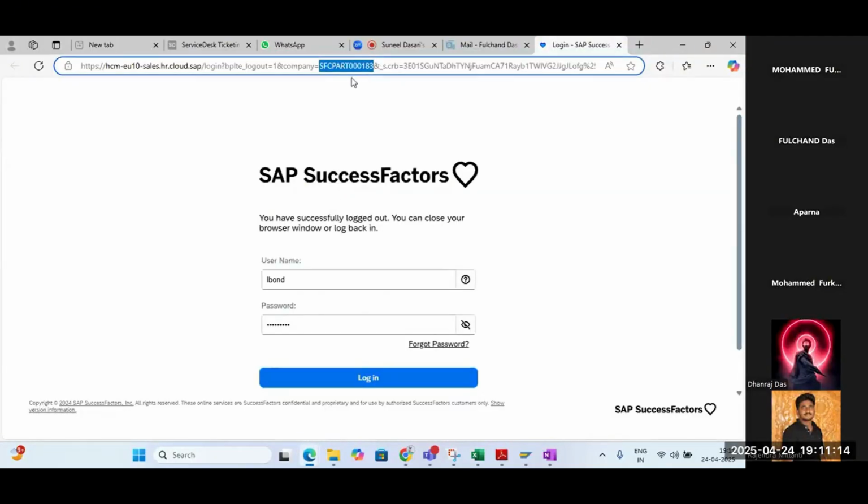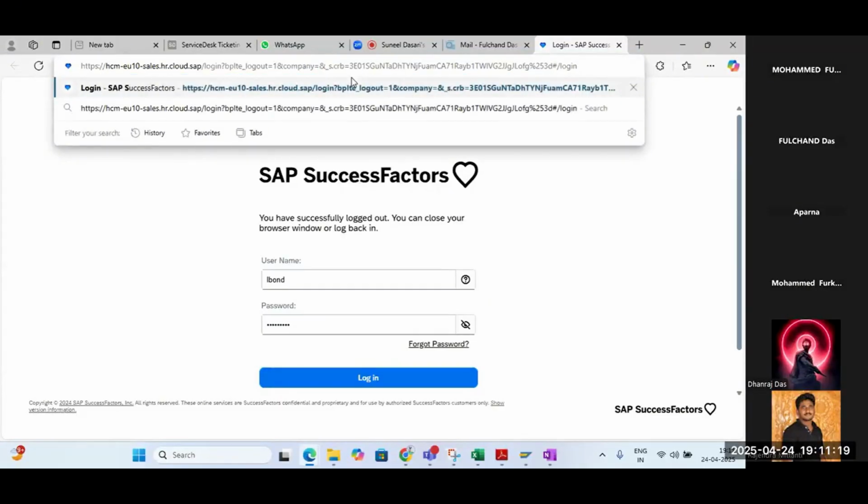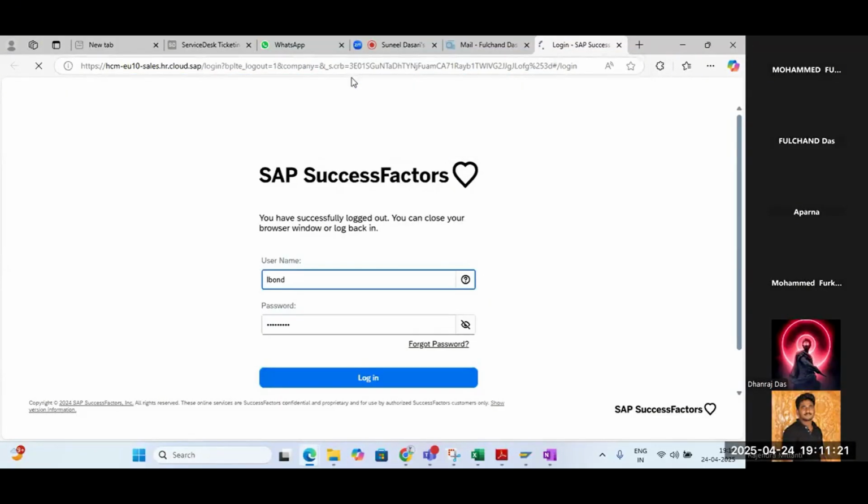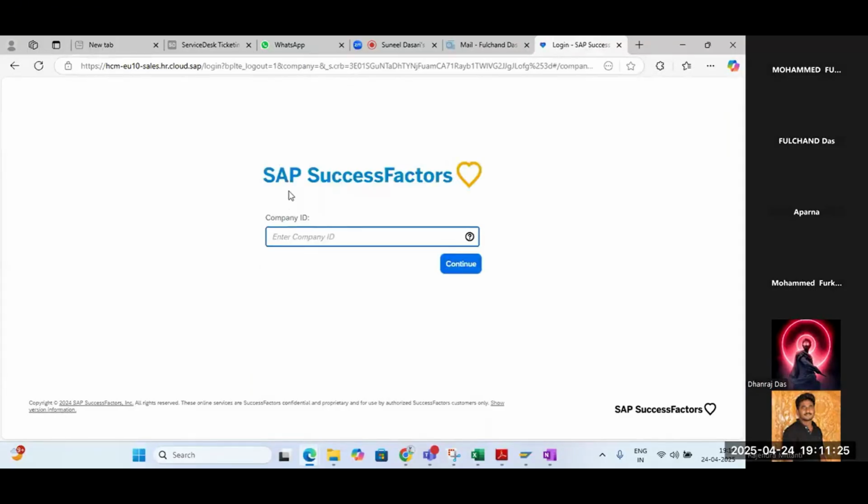This is the company code. If I delete the company from the URL and press enter, here you see the SuccessFactors URL is asking for the company code. And if I enter the company code,